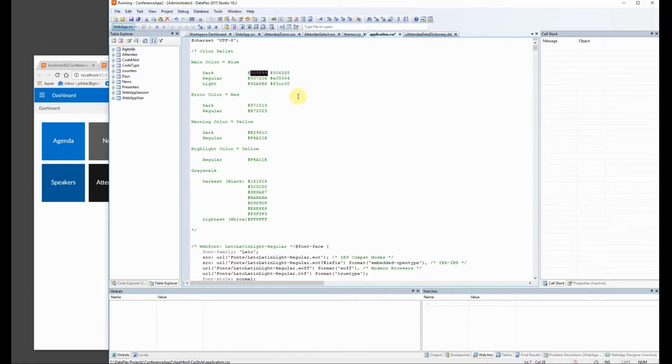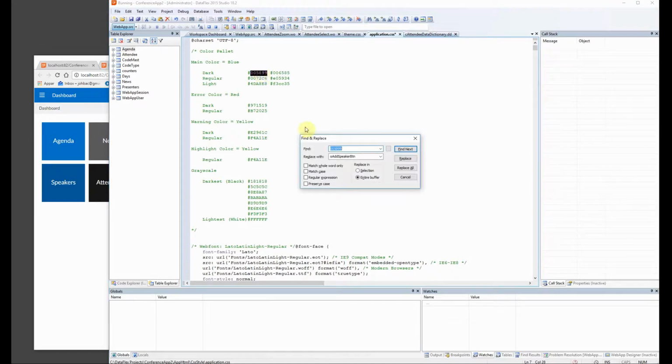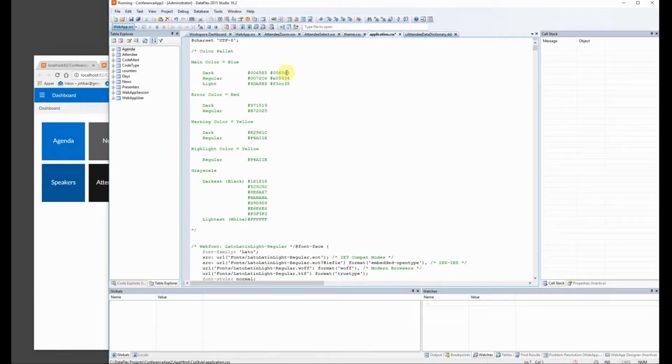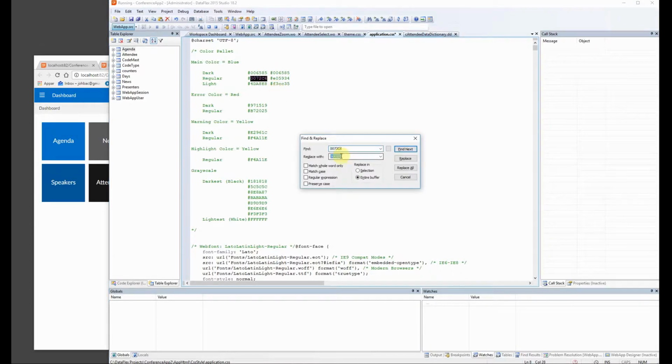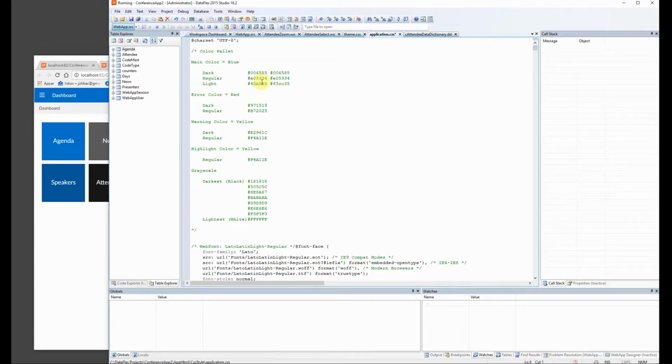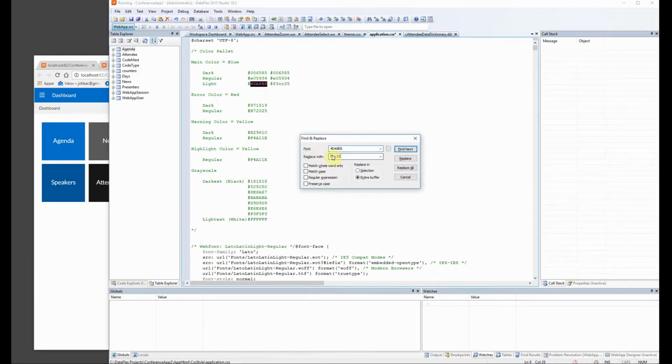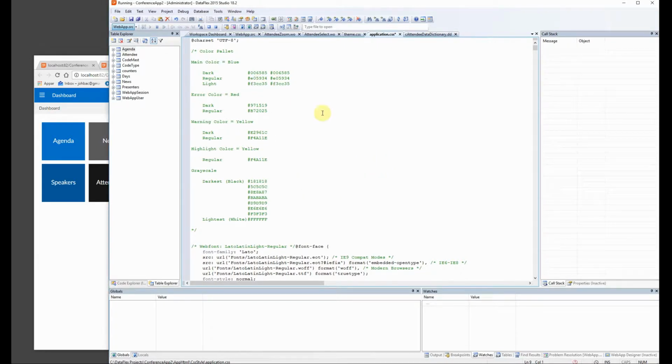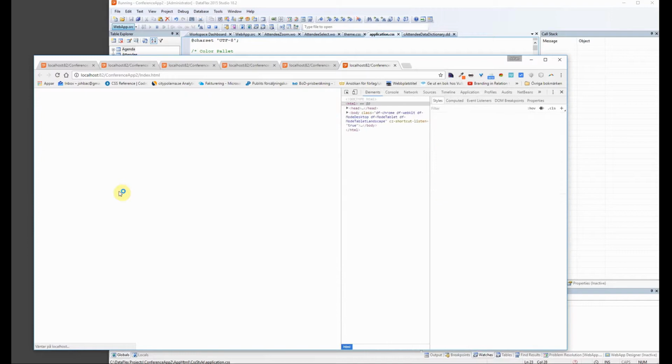So basically I take this, Control copy, Control H to replace, and replace with this, and we take replace all, and then we take this one, copy this one and replace all, and then we take this one and replace this one with that, replace all. And already now, if we refresh the application,